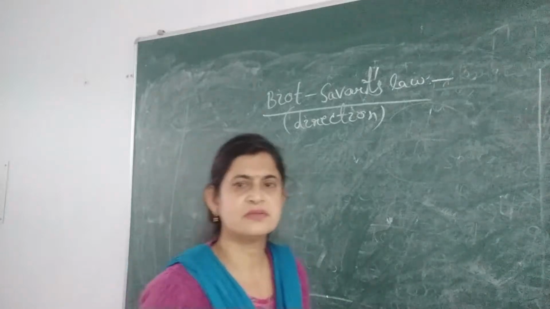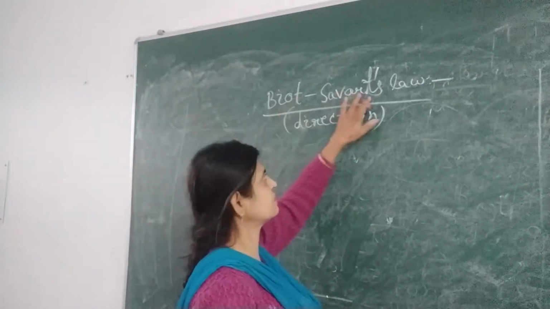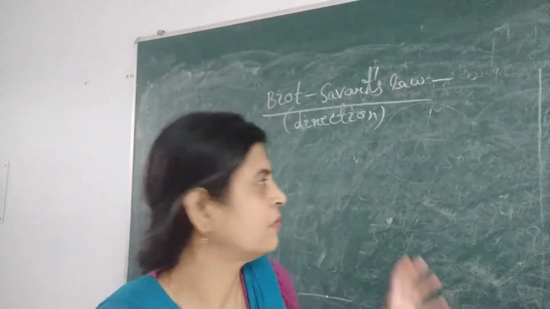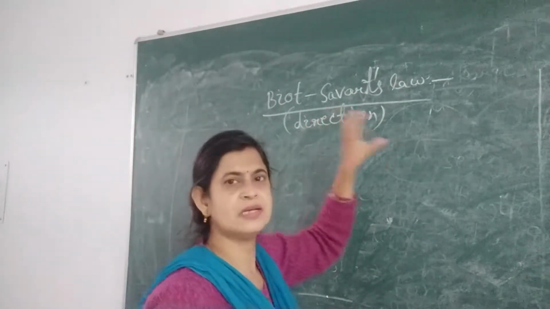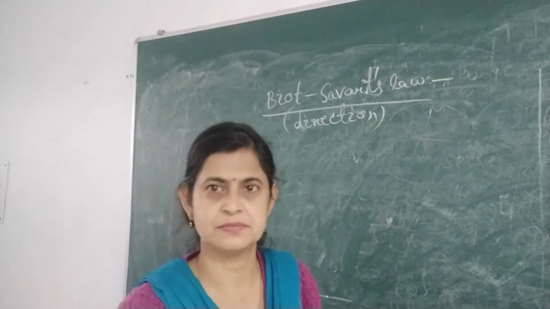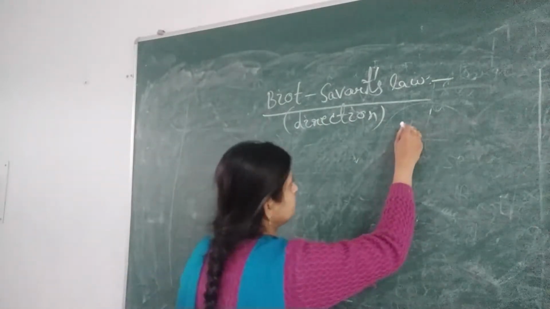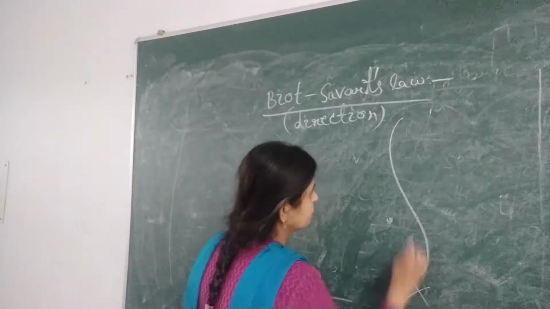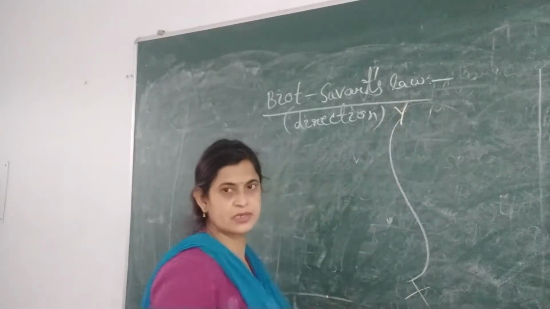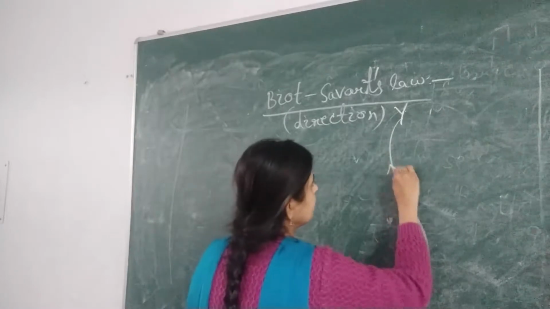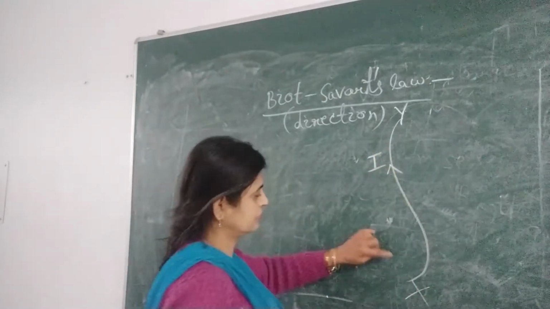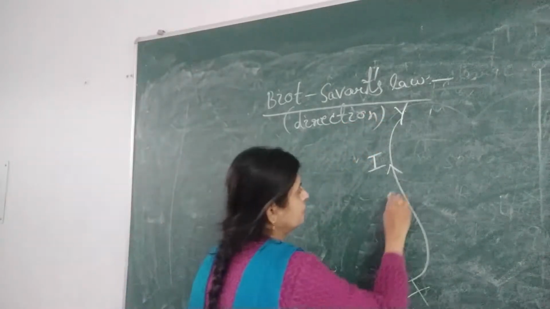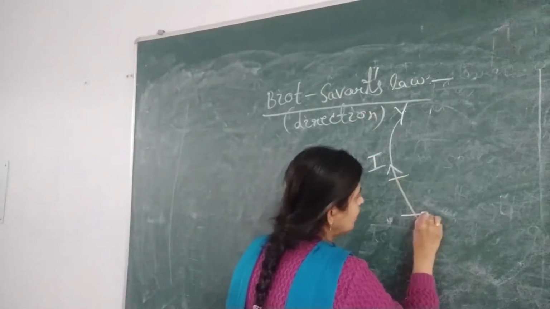Today we will discuss Biot-Savart's law for a straight conductor, and how you can find out the direction of the magnetic field. Suppose we are considering a straight conductor XY, and I is the amount of current flowing through this conductor. Now we will consider a small element